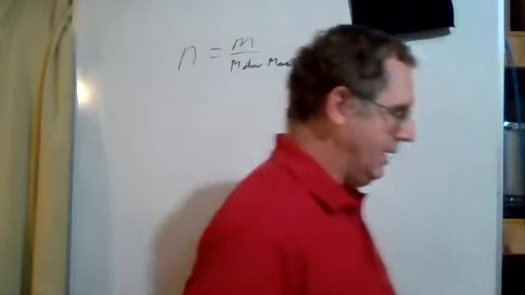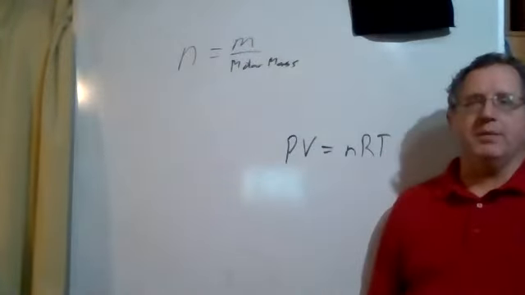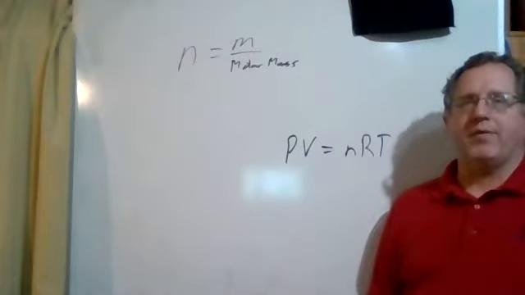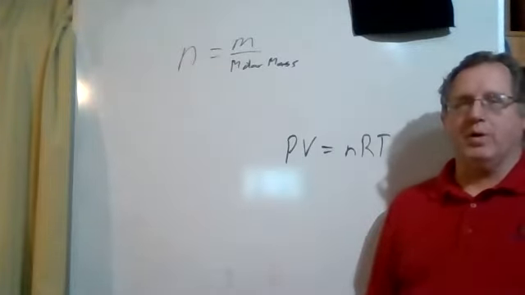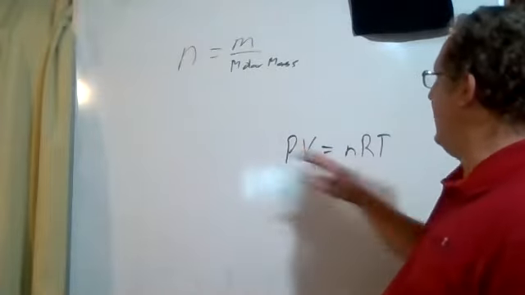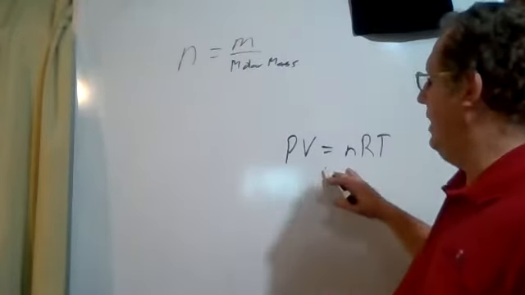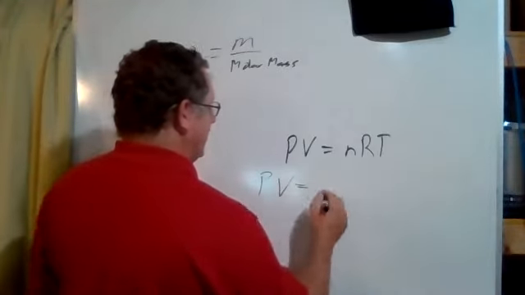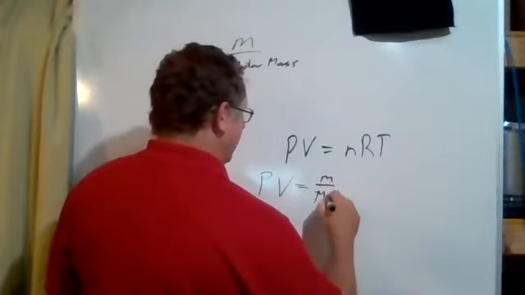And I want you to look in your book and see what symbol the book uses for molar mass, because every book uses a different one. I'm just going to write molar mass for the moment. So I can substitute, N equals this, I can put this in for N. And what this means is that pressure times volume is equal to mass over molar mass,